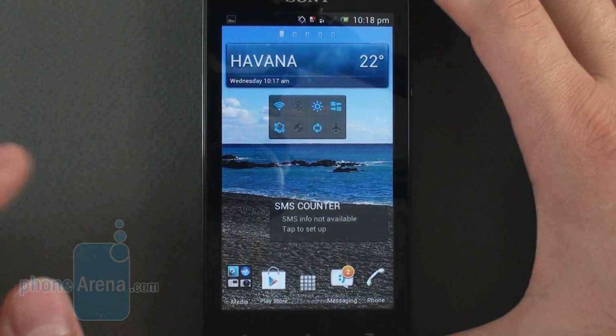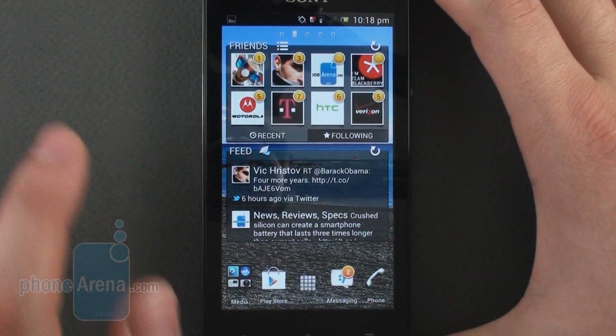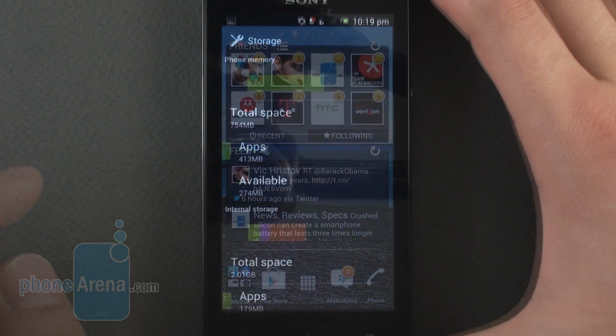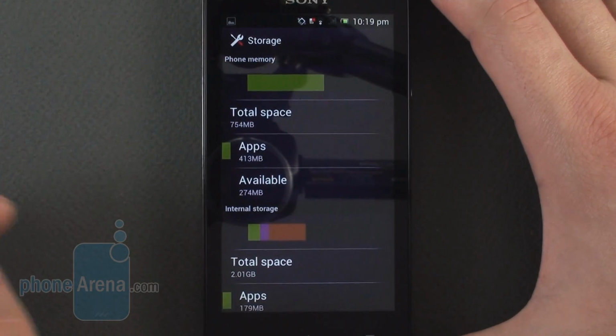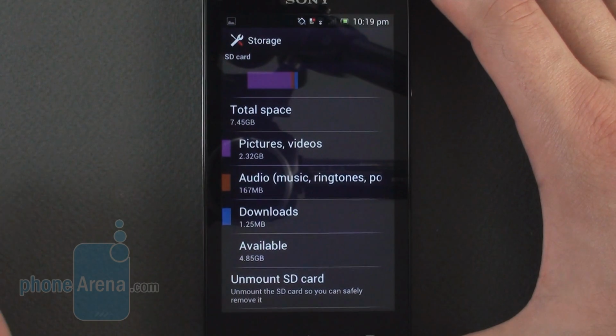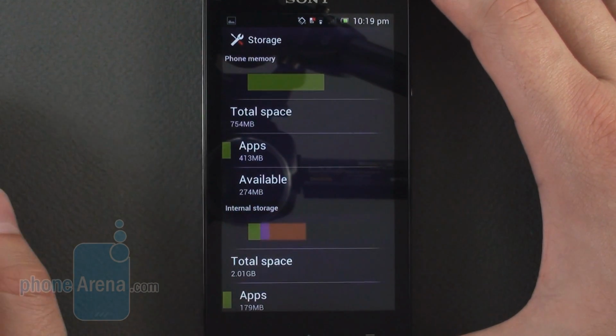Many of the popular video games are playable, but some of the titles that come with complex 3D graphics and special effects are sometimes too choppy to enjoy. There's a total of 4 GB of onboard storage on the Sony Xperia J, and out of that, less than 3 GB are available to the user. That is why it is recommended to get a micro SD card with a smartphone, because that space is gonna